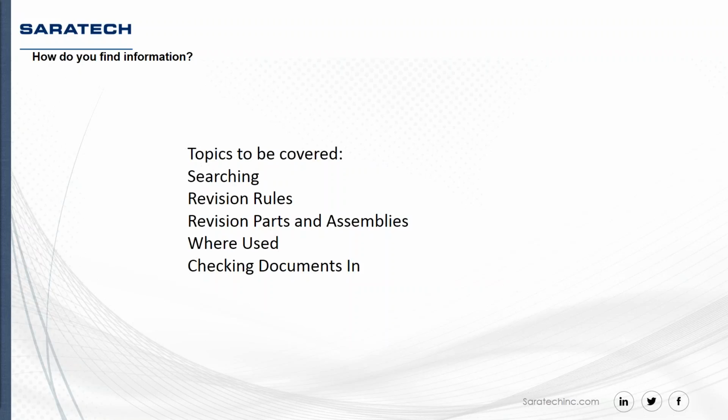looking at revision rules and how we can pull up different information from the revision rules to make sure we're getting the parts that we're looking for. Then we're going to take a look at revising parts and assemblies from within Solid Edge. We're not going to spend a lot of time